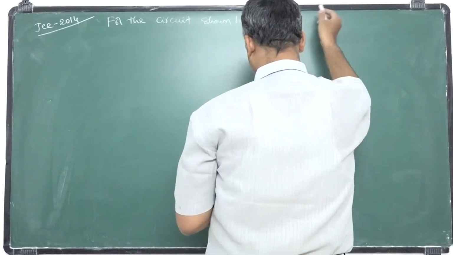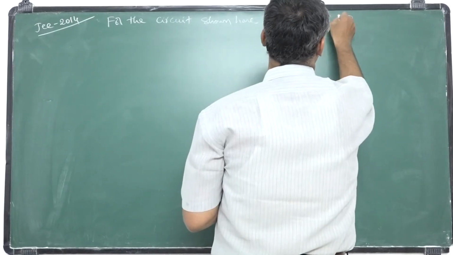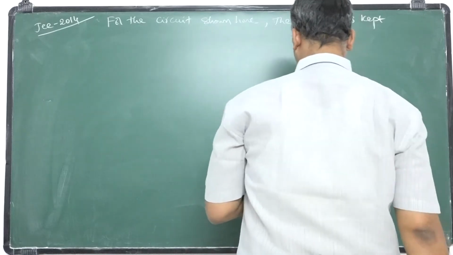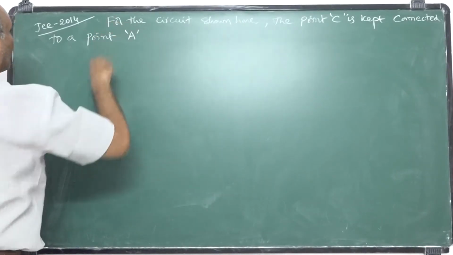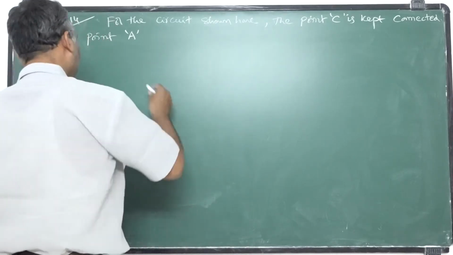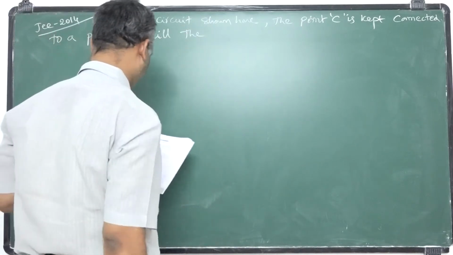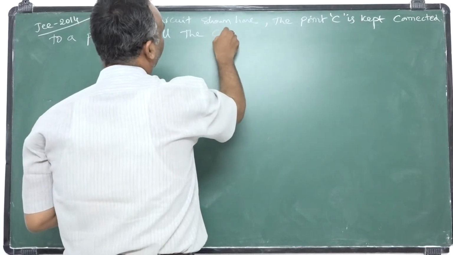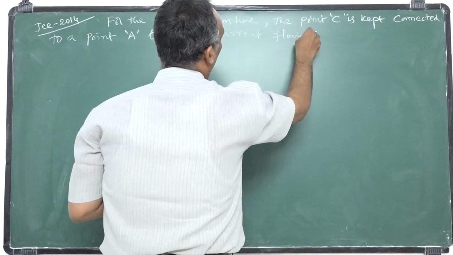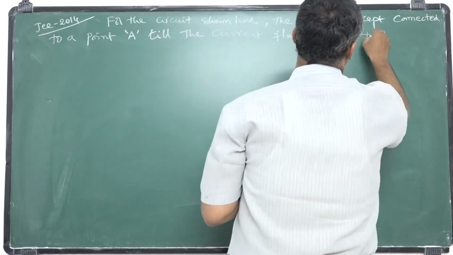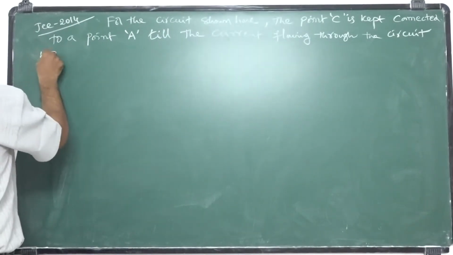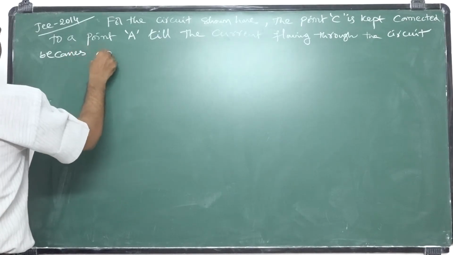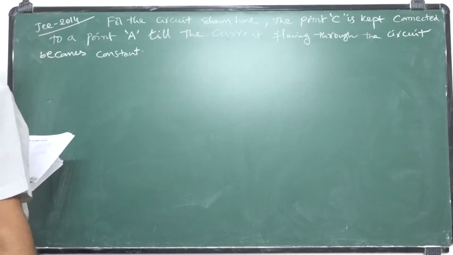the point C is kept connected to a point A, till the current flowing through the circuit becomes constant. Afterward,